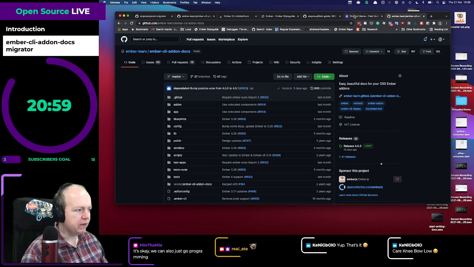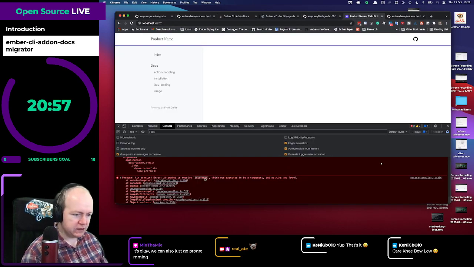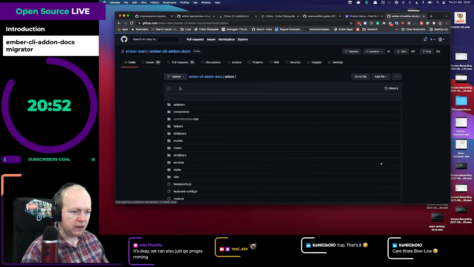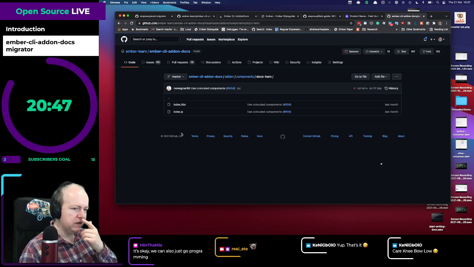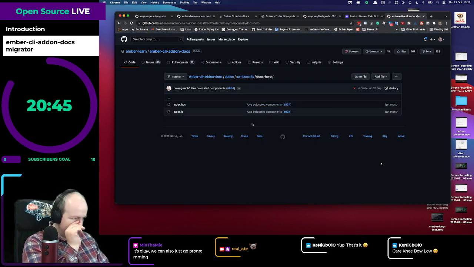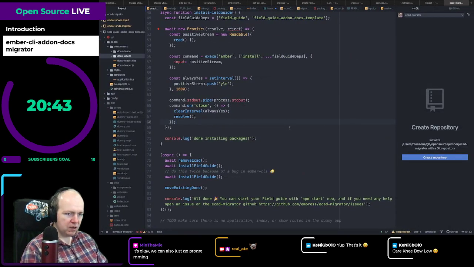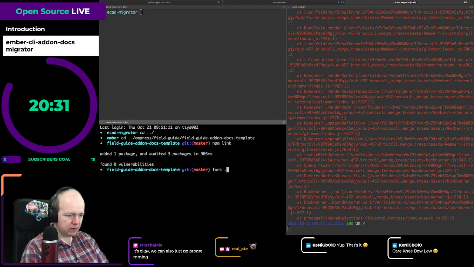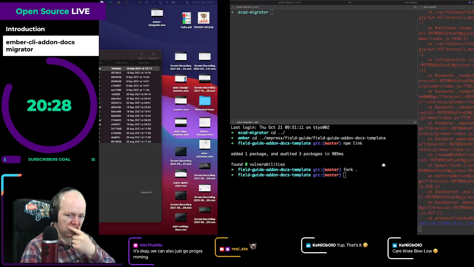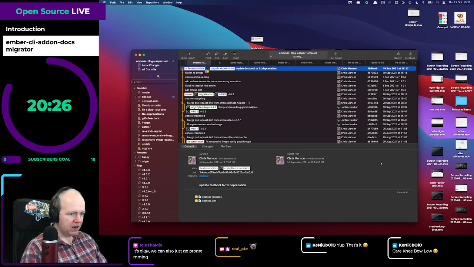So we now have this. We don't have Docs Hero, so we're looking for Docs Hero in components. Docs Hero, okay. But we're in a little bit of a challenge here because I think my field guide add-on docs template is a fork of